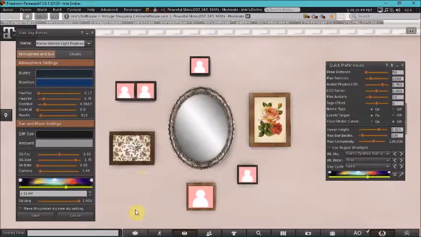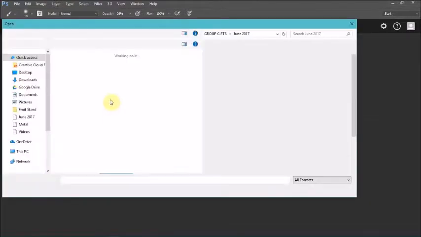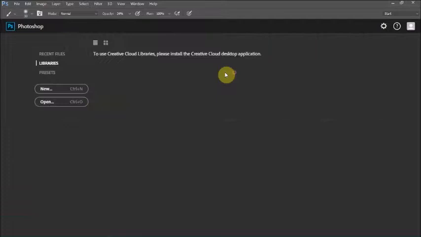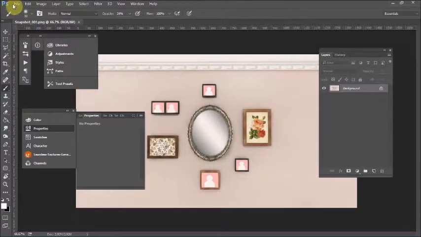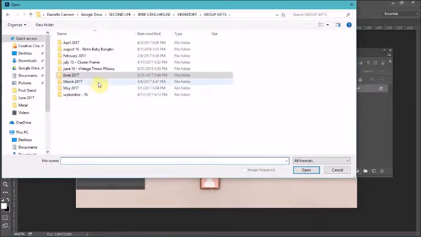Click OK, and then I'm gonna jump over to Photoshop, open the picture that I just took, which is right here, and open a template that I use for my group GIFs, which,